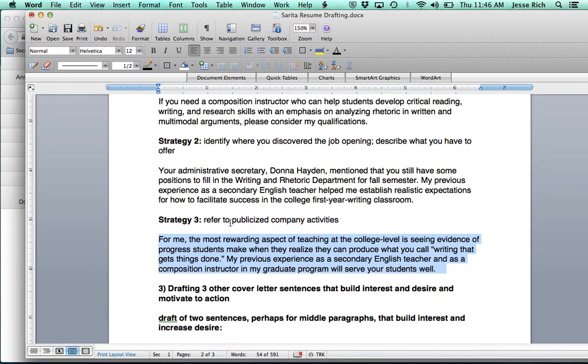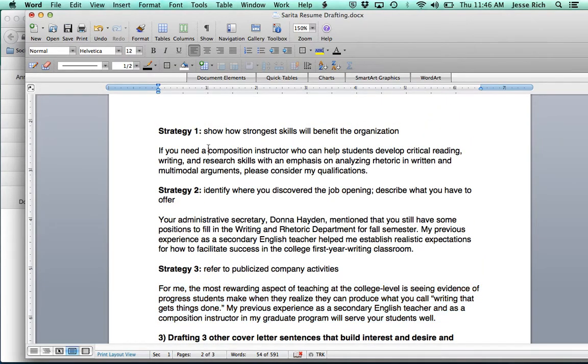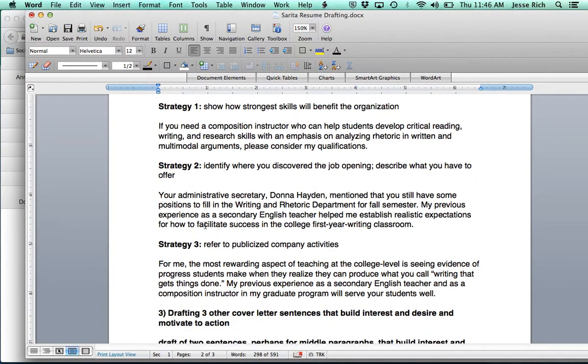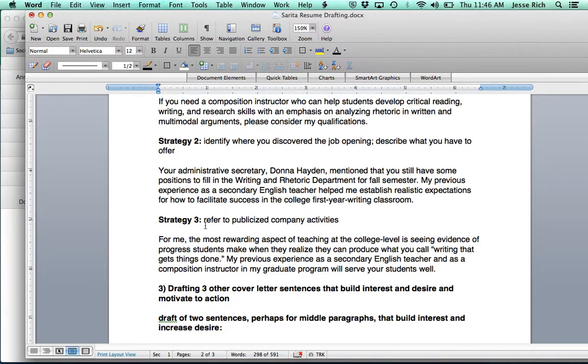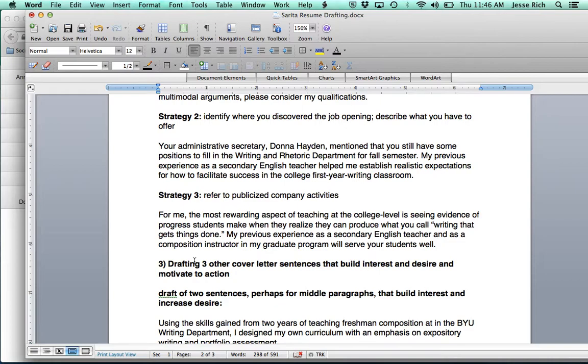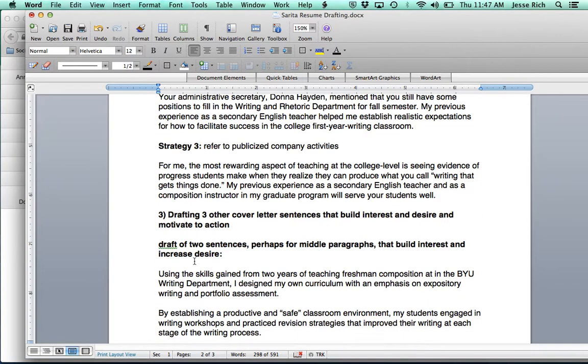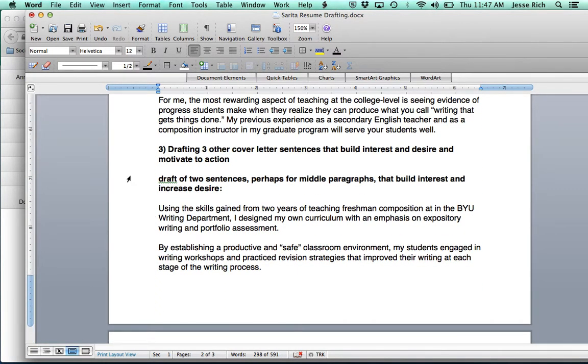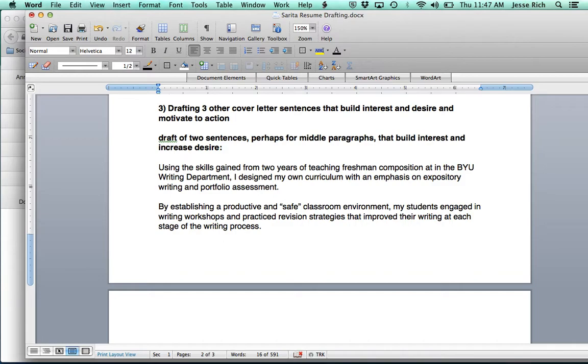So that's one way you might set it up, and you can draft lots of different ideas and then choose one that you like best later when you get ready to write the final letter. So that's the second step. The third step is to draft any 3 other sentences you might use in your cover letter, and these sentences should build interest and desire and motivate to action. So if you think of the AIDA model, just think of any sentences you could potentially use in your cover letter. They don't have to be in any particular order,